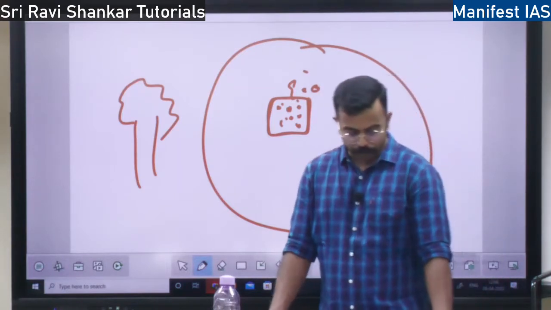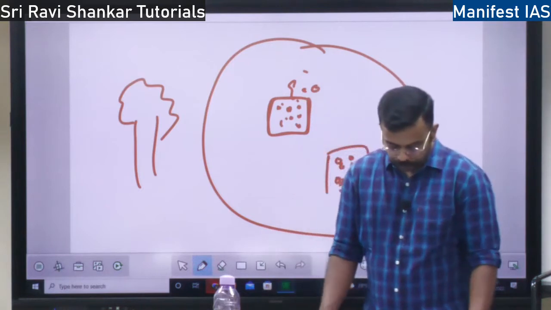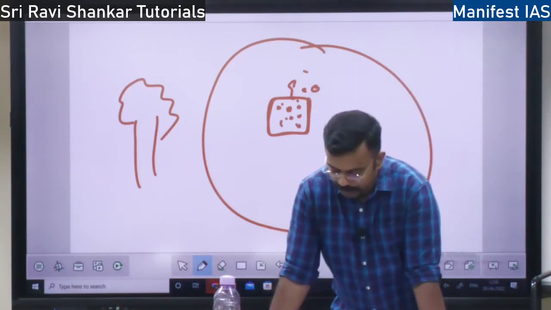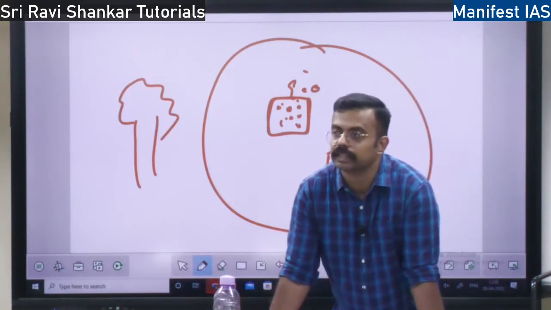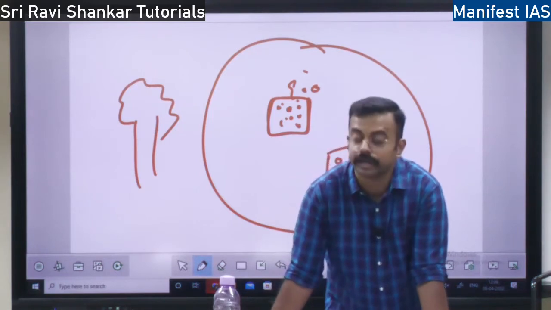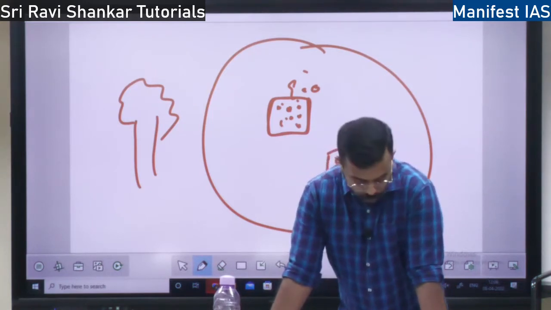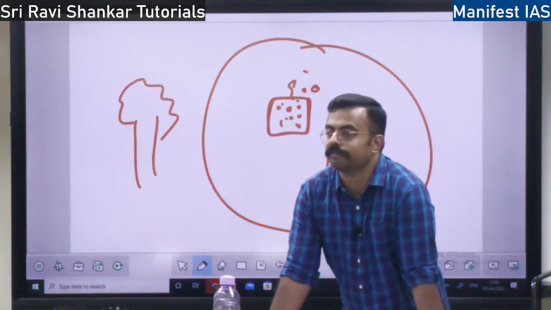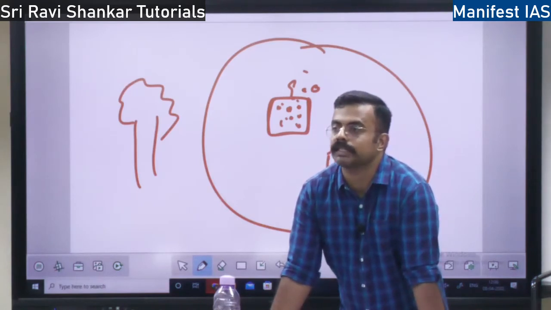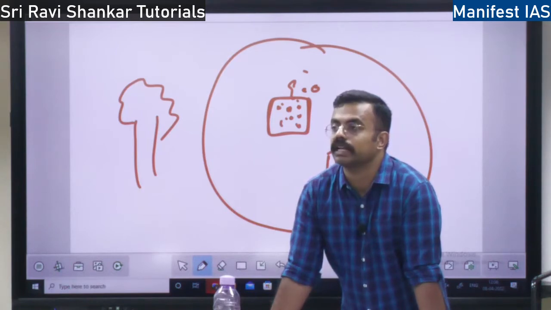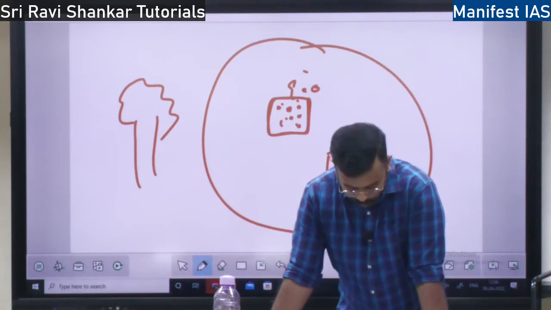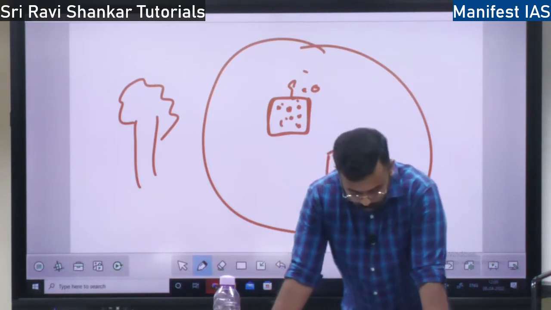What are abiotic components? Energy, rainfall, temperature, atmosphere, all these things are abiotic components. We will look into each one of them. What is the definition of abiotic components? These abiotic components are inorganic. Living beings are organic. Rock, is rock an organic component? No, it is an inorganic component, right?